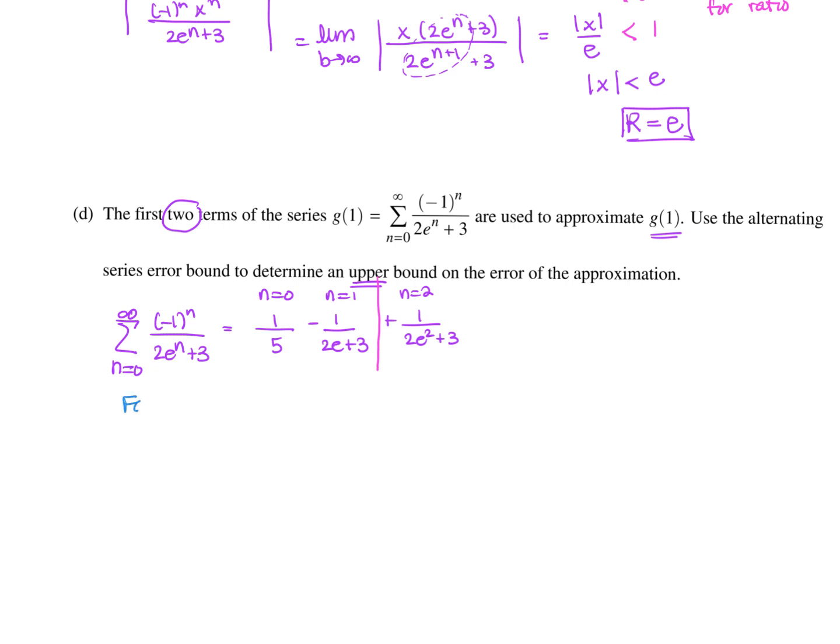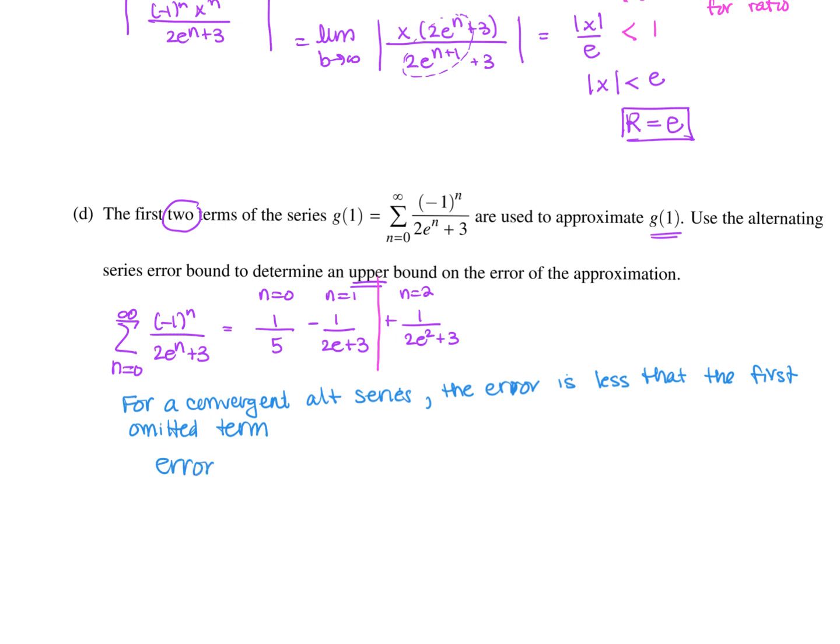For a convergent alternating series, the error is less than the first omitted term. So we know that the error is going to be less than 1 over 2e squared plus 3. Remember, error is always positive, so if it was negative, you make sure you take the absolute value of it. Now they want us to